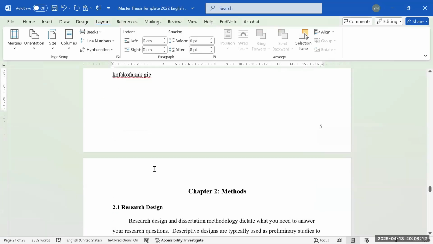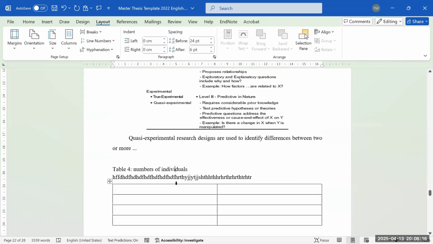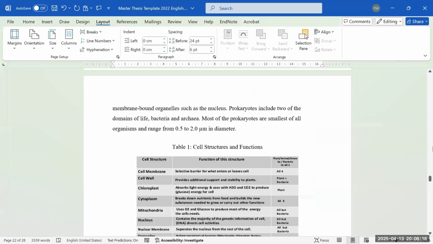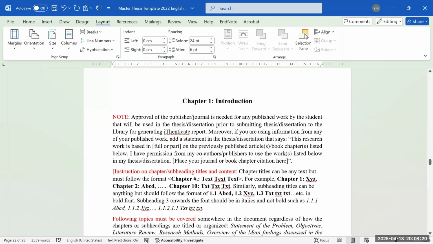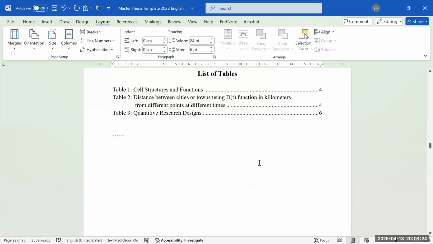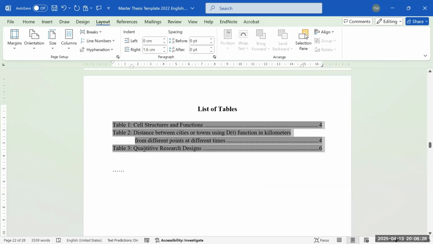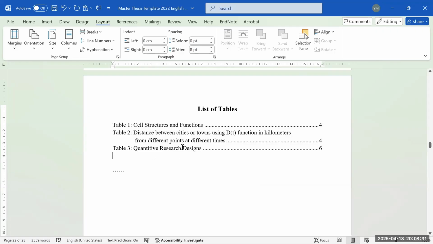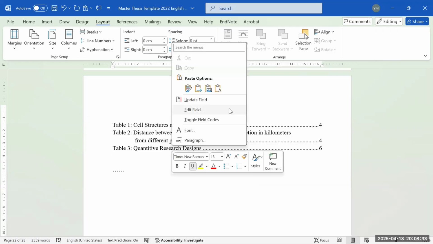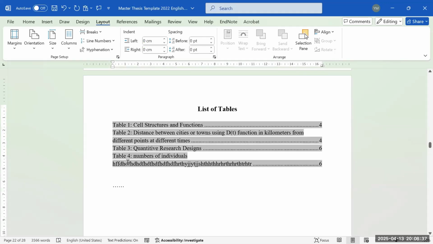So let's continue. I was inserting a table title. Let's go back to the table of contents and update that, so that we can see the new title for our table. As you can see now, it's not updated. Only 3 tables are included in the list of tables. Once I update this field and update the entire table, you will see the new title that I have